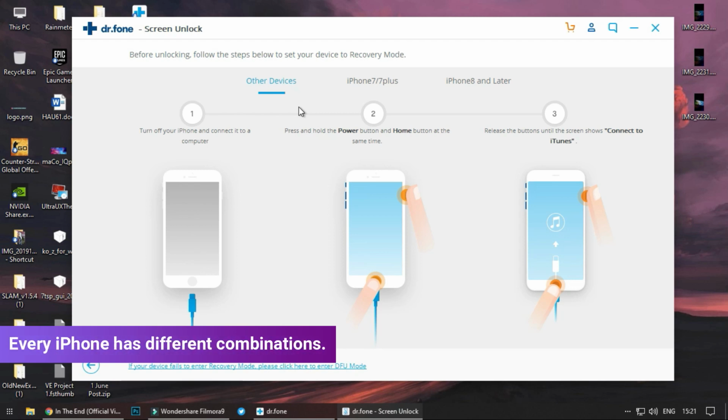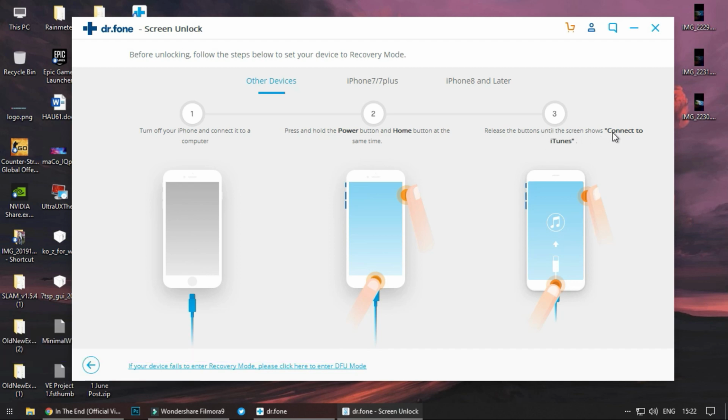So iPhones are kinda complicated because of some changes in home buttons in recent years. For iPhone 6, 6s and below that have a physical home button, you have to press the home button plus power key once your device is switched off.